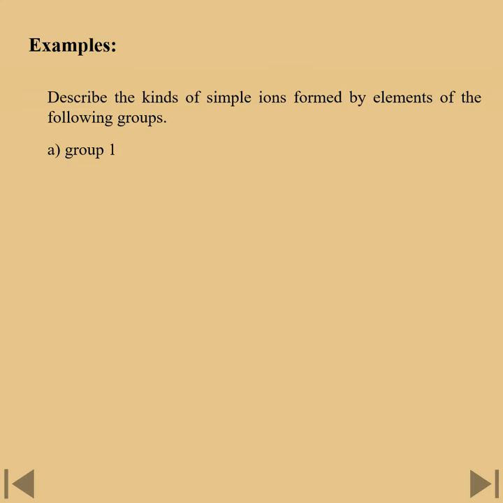But first, describe the kinds of simple ions formed by elements of the following groups. In group 1, well, they all have 1 outer electron, which they're going to lose to become like their last noble gas. Losing 1 electron means they have 1 more positive than negatives, for a +1 charge. We're going to find losing electrons you become positive, gaining electrons is how elements become negative. Group 2 elements have 2 outer electrons, and they lose both to become like their last noble gas, so +2. Group 13 lose 3 outer electrons to get to be like their last noble gas for +3